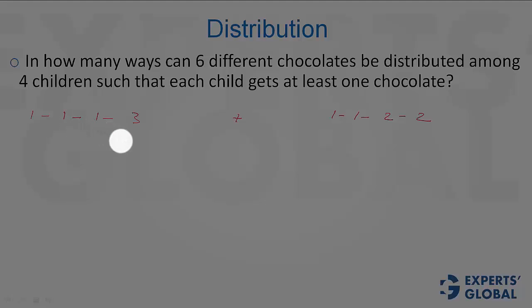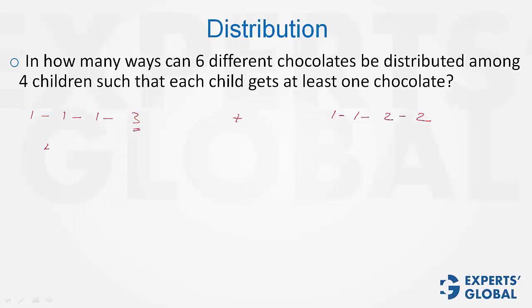In this case, first of all, let's figure out in how many ways children can be selected in such a way that 3 children get 1 chocolate each and 1 child gets 3. You can intuitively think that you have to just select this 1 child who gets 3 chocolates. In all, there are 4 children, so this can be done in 4 ways. Or if you want to do it mathematically, then 4 factorial upon 3 factorial, since 3 children get an equal number of chocolates. So children can be selected in 4 ways.